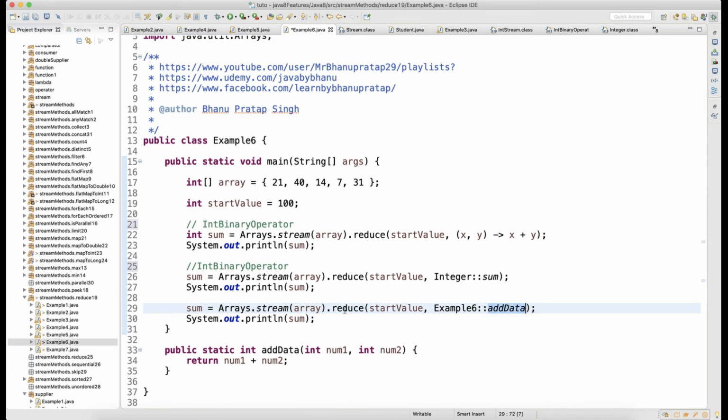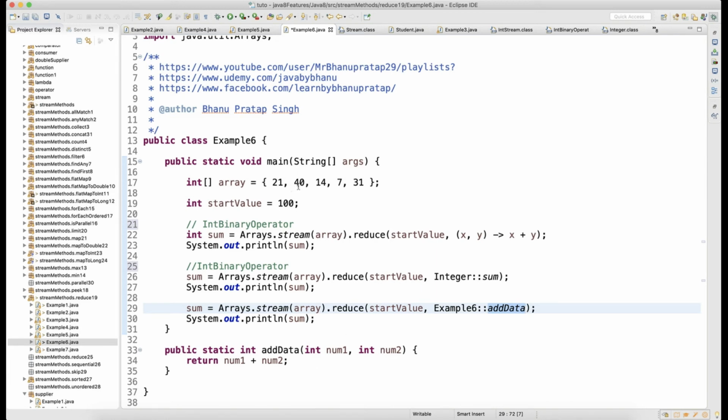So here my function is smart enough to understand that when you run this stream, the data will get picked up one by one. In the beginning it will go 0, 21, and whatever outcome comes from here will be supplied as input to the next.